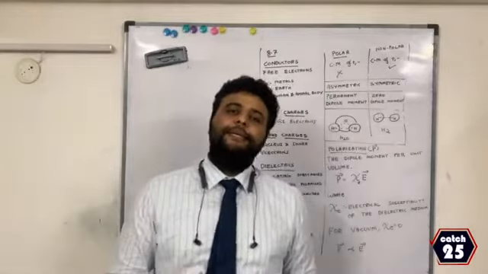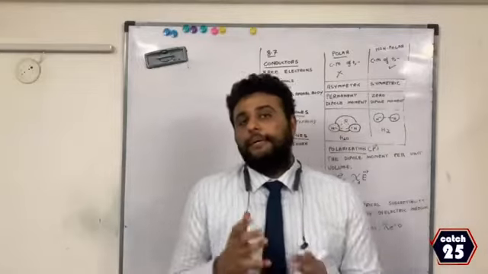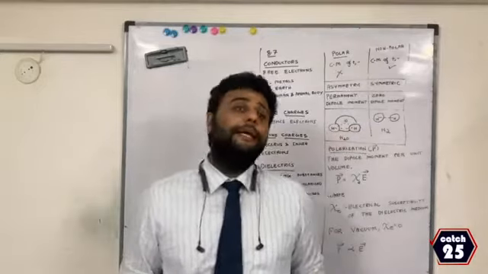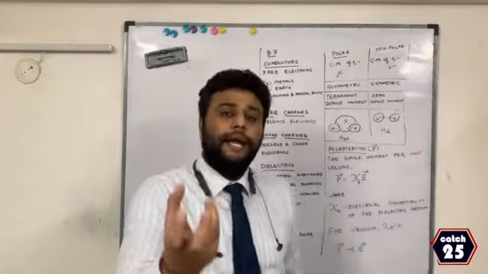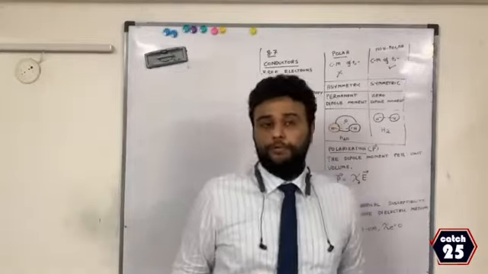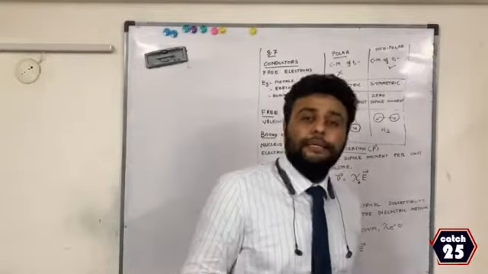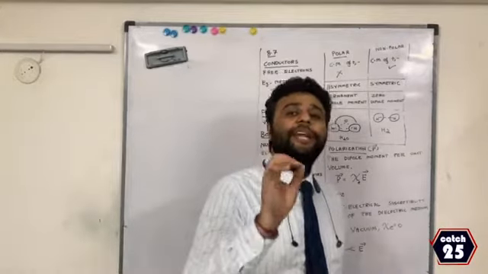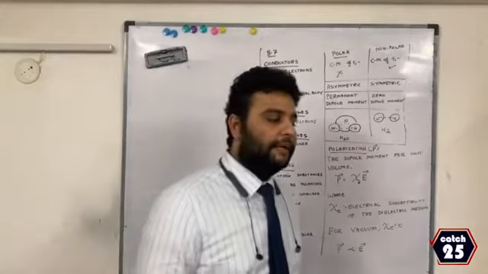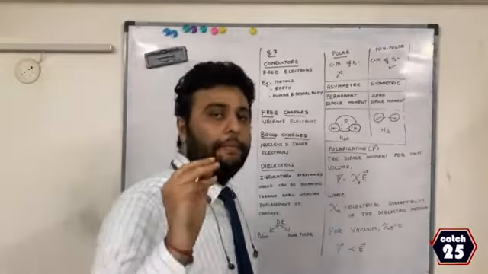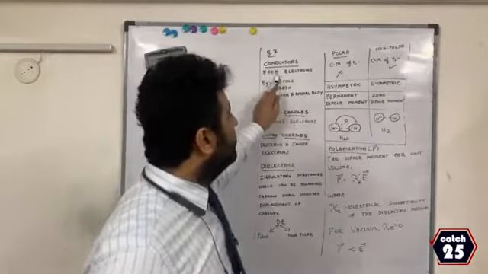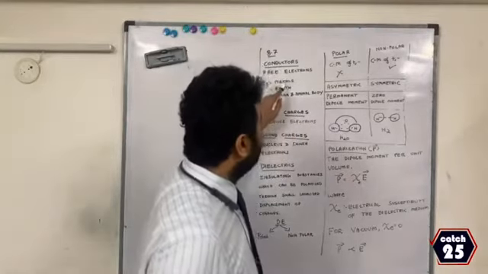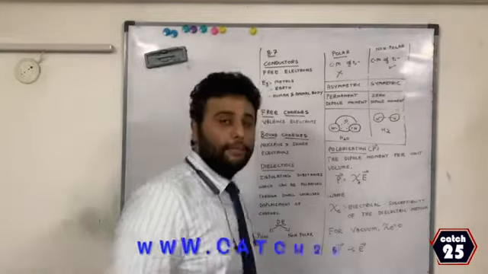Conductors are substances which conduct electricity. Why do they conduct electricity? Because they have free charges. And where are the free charges found? Free electrons, the outer valence electrons. Valence electrons are loosely held by the nucleus. They are free to move around. Examples of conductors are metals, earth, human body, animal body, etc. Insulators are the ones which do not have any free charges. They are not free to conduct. And semiconductors are in between. Therefore, conductors have free valence electrons which are loosely held by the nucleus. Examples: metals, earth, human and animal body.